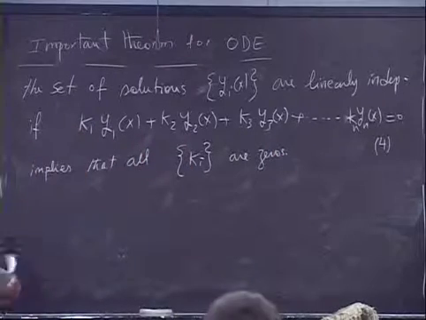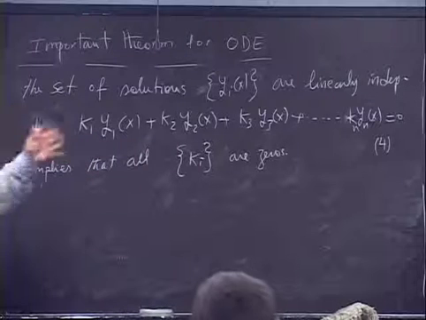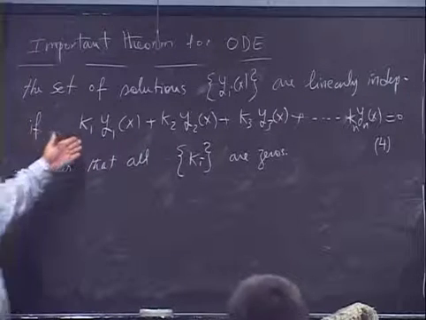So if you want those to be linearly independent, you will not find any linear combination